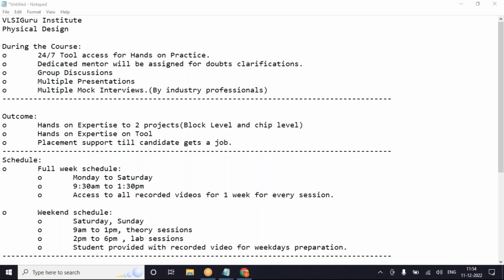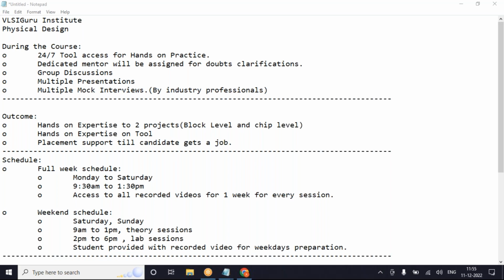If you have any queries, not even in this session, apart from this session, you can get back to me. I will be there from the enrollment till you get the job. I will be the point of contact, so whatever additional support you require, we will be there. Suppose we have a 6 months course, we go module by module.